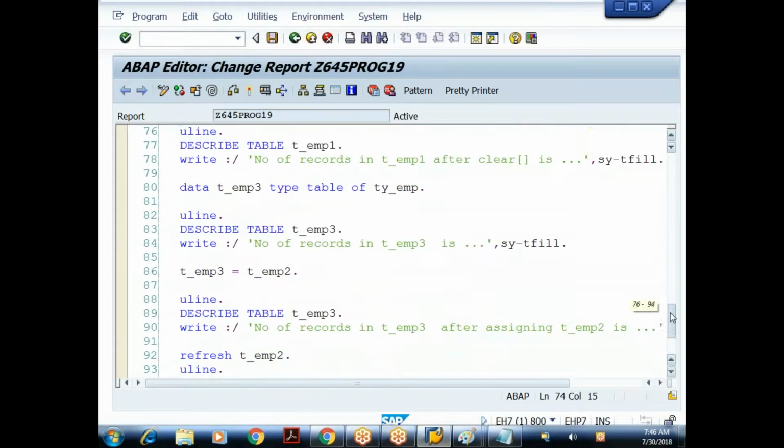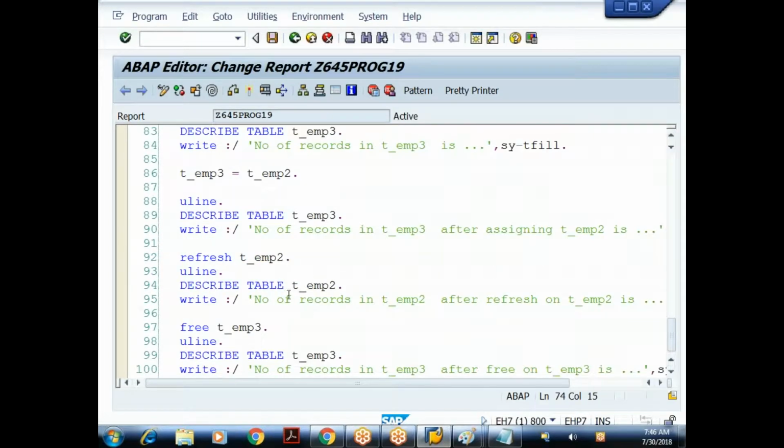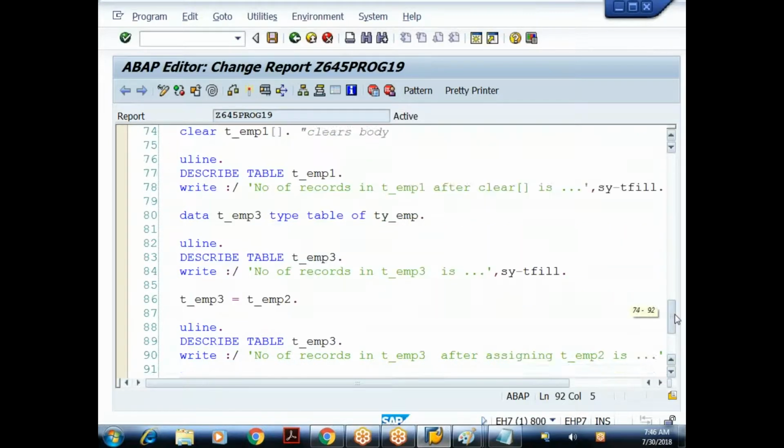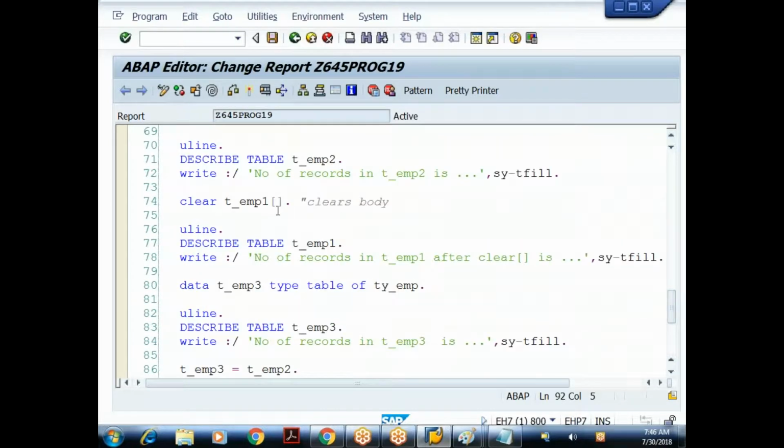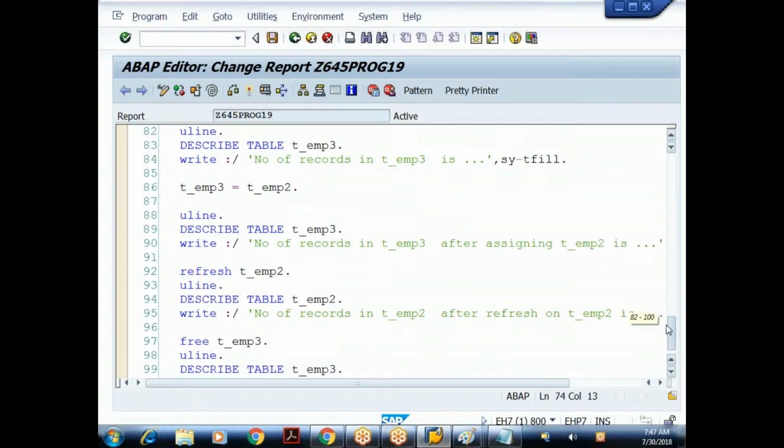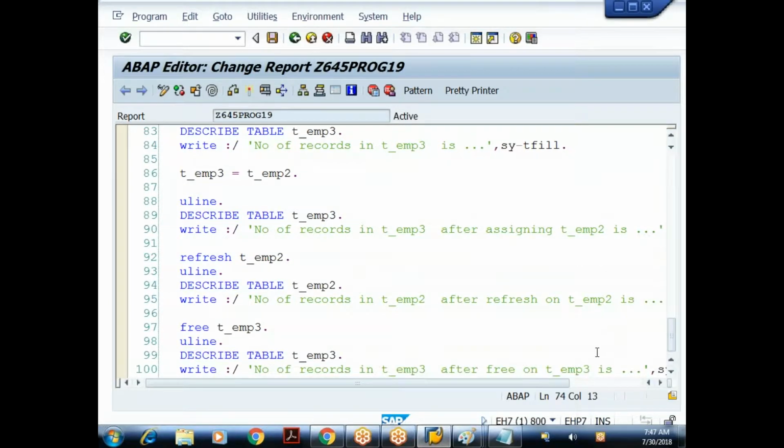Then I used refresh and free statements. For clearing the data, I can use refresh and free also. Here, refresh and free always refer to the body. But in case of clear, since I want to refer to the body, I must use this symbol because it has both header and body. T_EMP2 and EMP3 don't have any header; they contain only body.